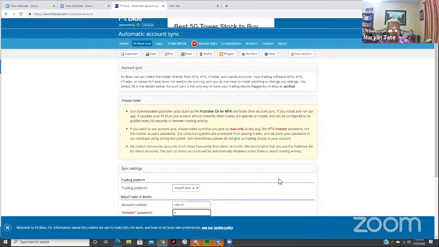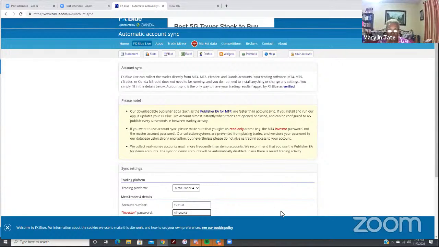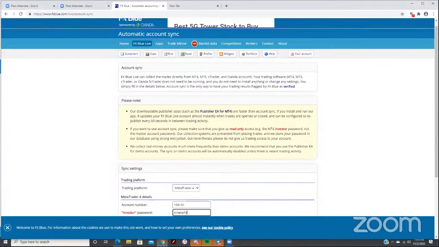So it's this, the investor password. That's your password to get into the MetaTrader account. I mean, you can see it. No, let me